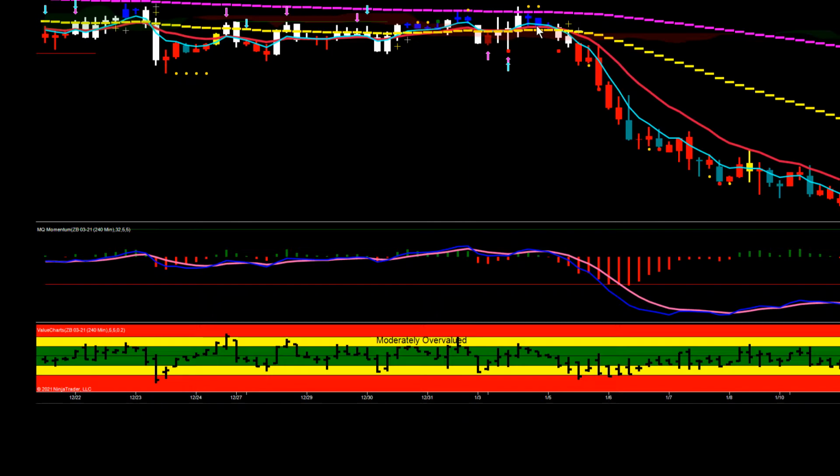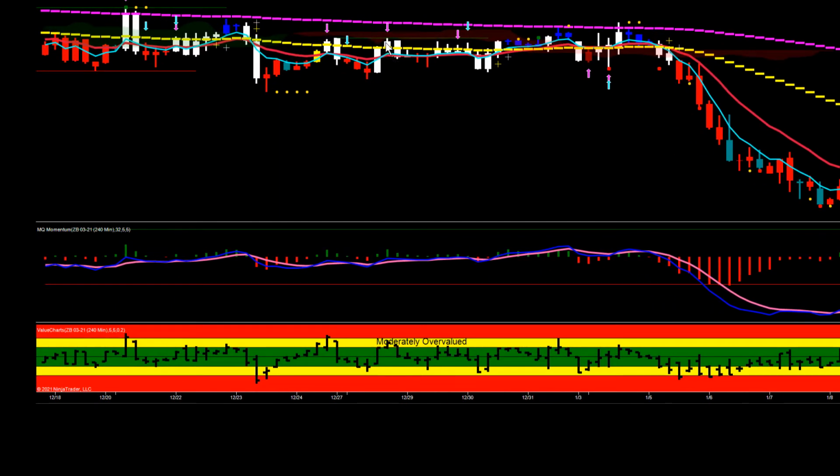You can see it bounced off it here, underneath it, back above it, underneath it, back above it, close underneath it here, underneath it, back above it, and then look, the 200, same thing. Ran right into the 200, pulled back, into the 200, pulled back, into the 200, pulled back, off the 50, off the 50, under, back above, resistance, kind of chopped around it, support,